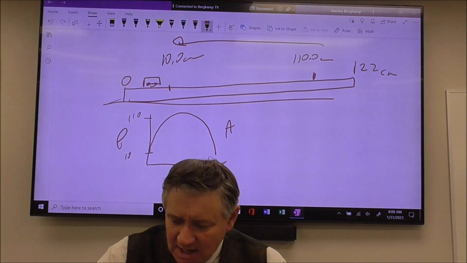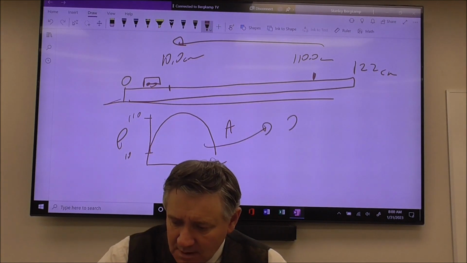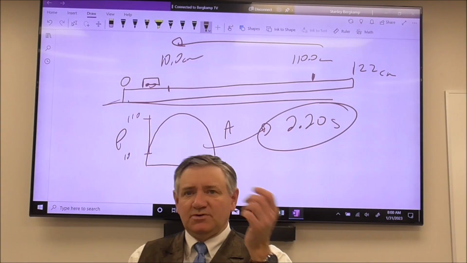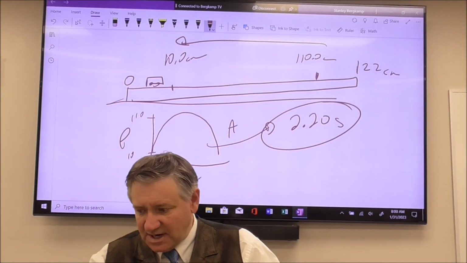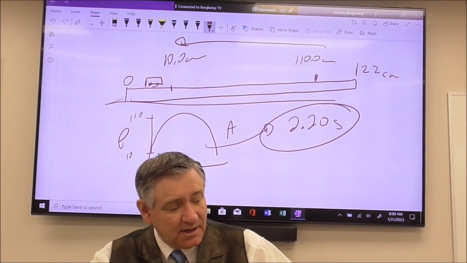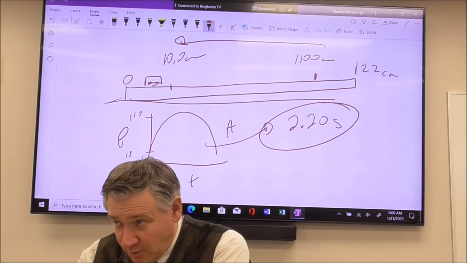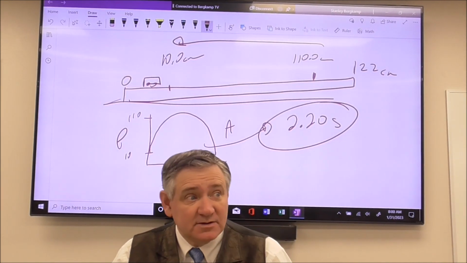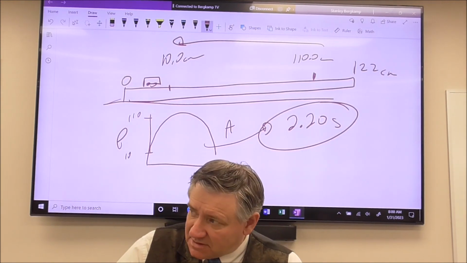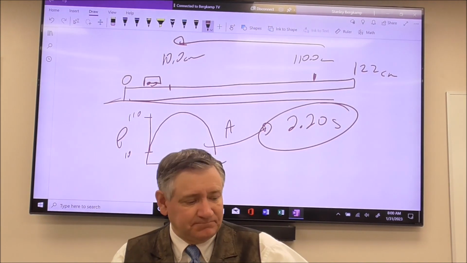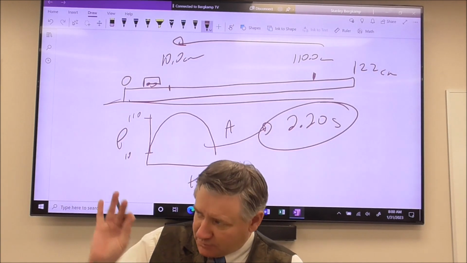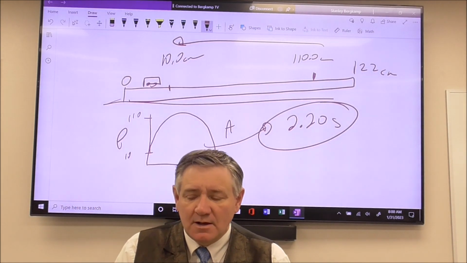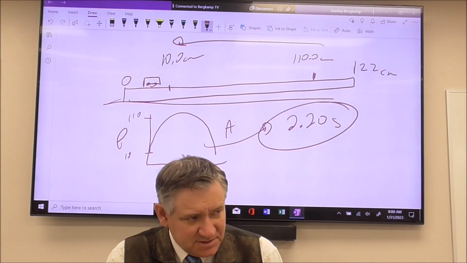So let's say we time this, and the entire time, start to finish, was 2.20 seconds. So that's from the time that it leaves your hand until the time it gets back to that point. And again, don't include the push, okay? Start that stopwatch as soon as it leaves Peyton's hands. Boom, boom, back to that point, okay? Don't include the push. So if it took 2.20 seconds,